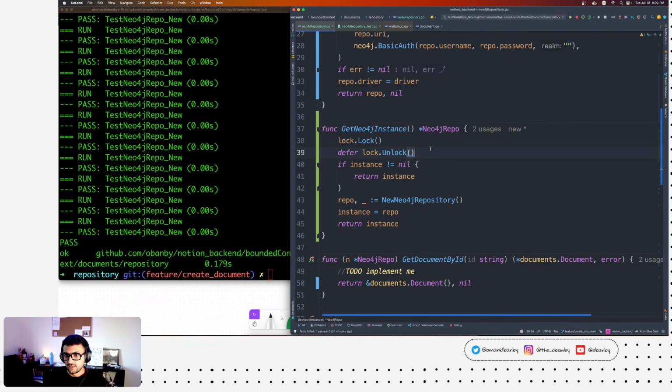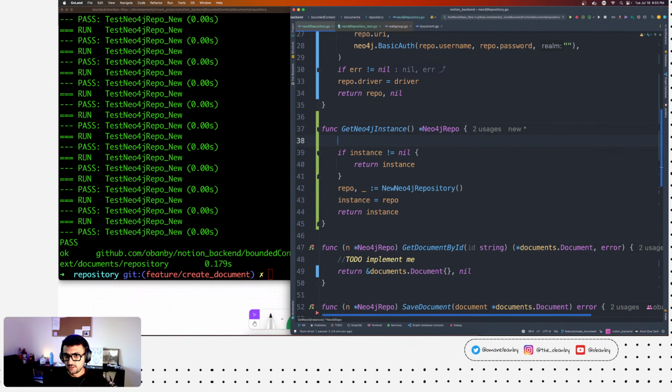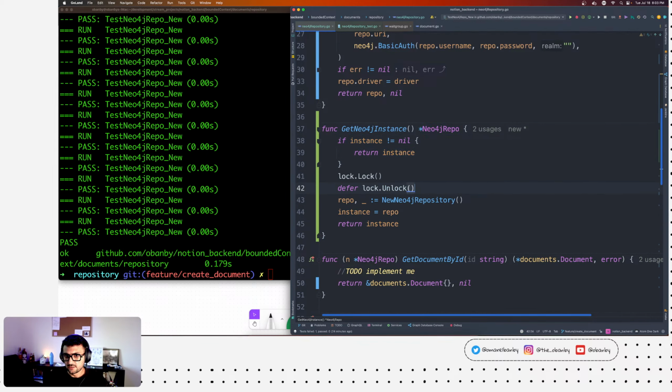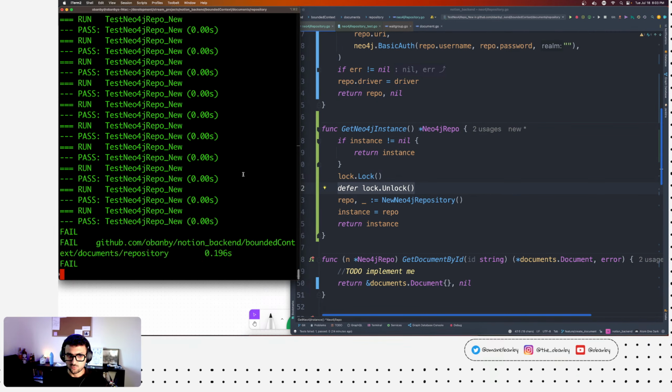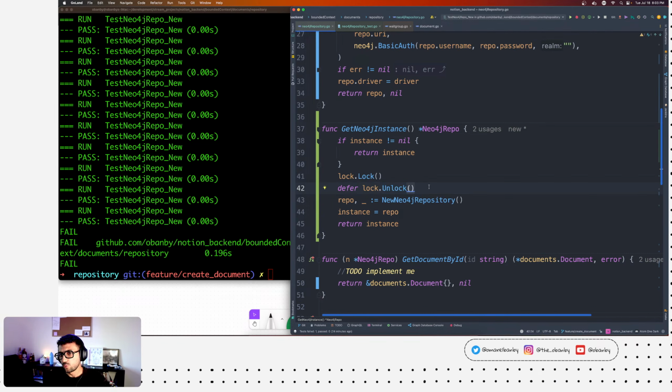But if I only lock and unlock here, then that doesn't work. And that's what's confusing to me, because the instance is not nil check doesn't need to be locked, because everything else will always be locked. So that's what's a bit confusing.